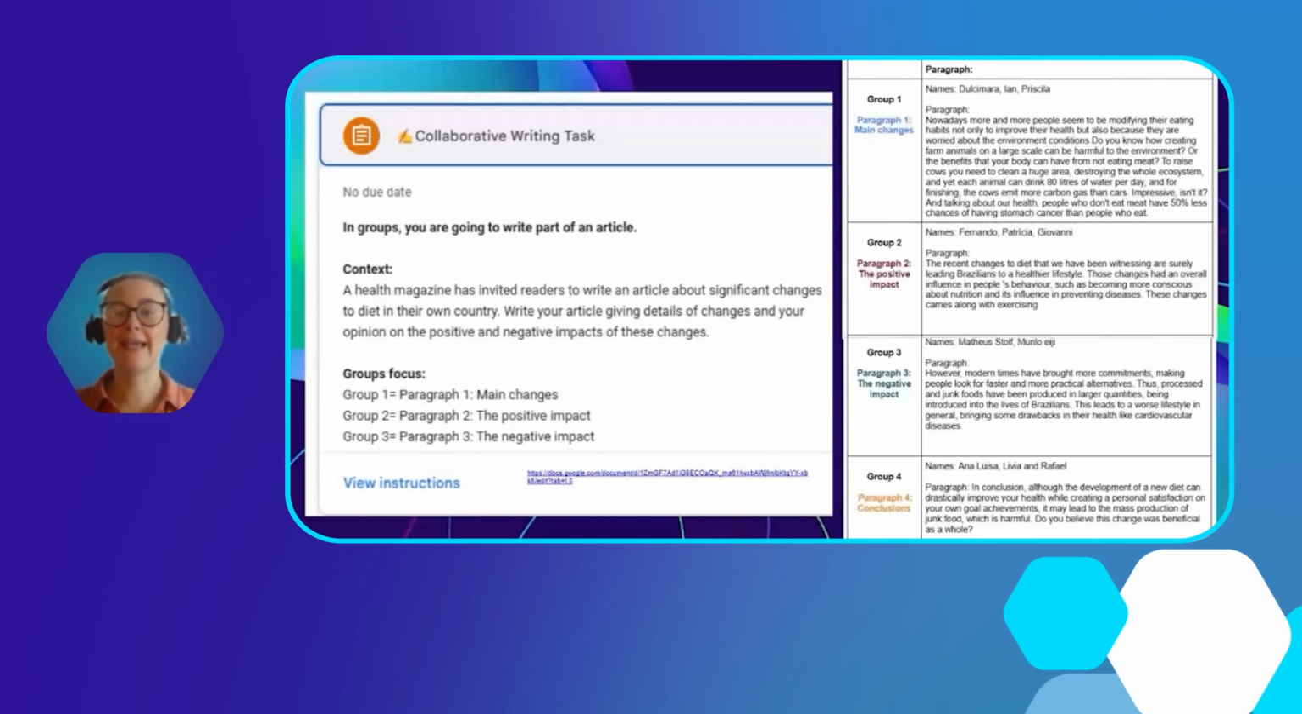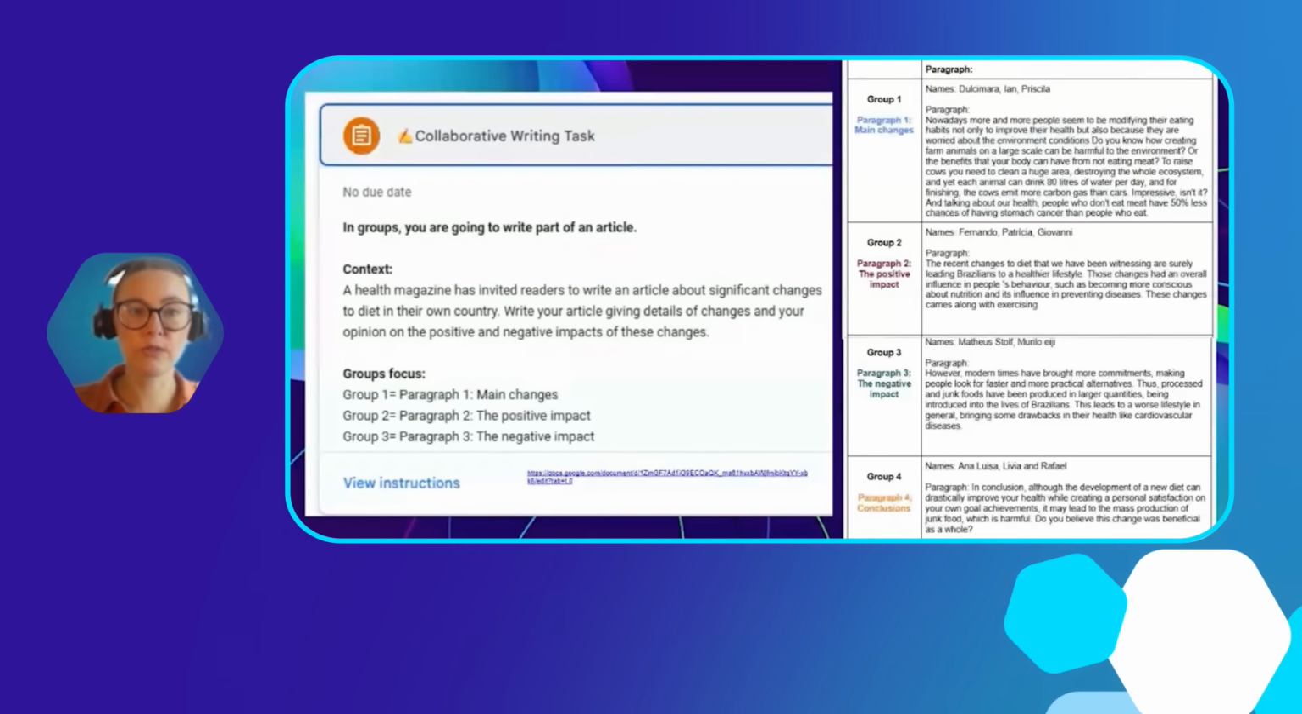And of course, at the end, I was able to go through their article and give some overall feedback to the whole group. So this is great when you've got a large group of students, you don't have much time for all of them to write their own text. You could have them do something